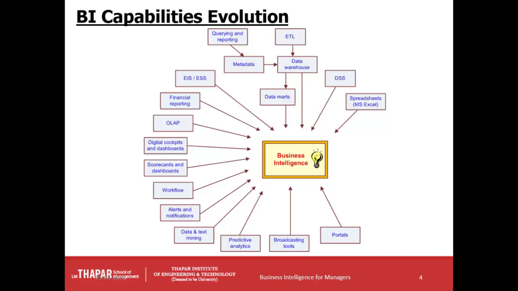Then it also includes data and text mining, right? So there's a difference between data mining and text mining. Data mining can be anything. It can include association, it can include cluster analysis, it can include even web mining, but all these mining techniques are based on structured data. Whereas text mining is actually done on top of unstructured data. So that is another key component which is there.